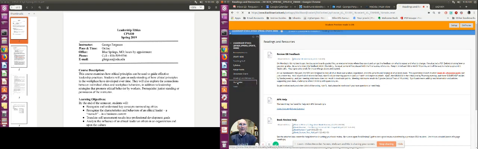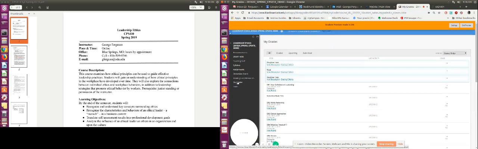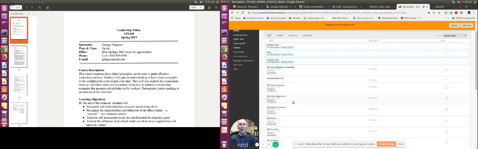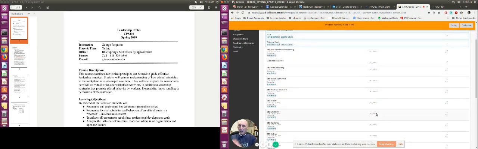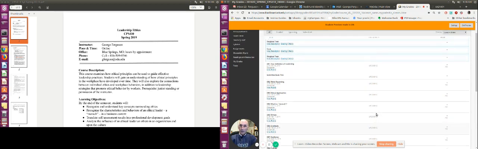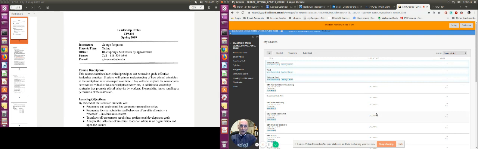Then under My Grades, one of the things I suggest you do is every week check My Grades. It's going to show you where you stand as far as the class is concerned, as far as your overall grade. It will also show what you have earned for each of the assignments that you have. At any one point in time, you should know where you stand as far as your grade is concerned,